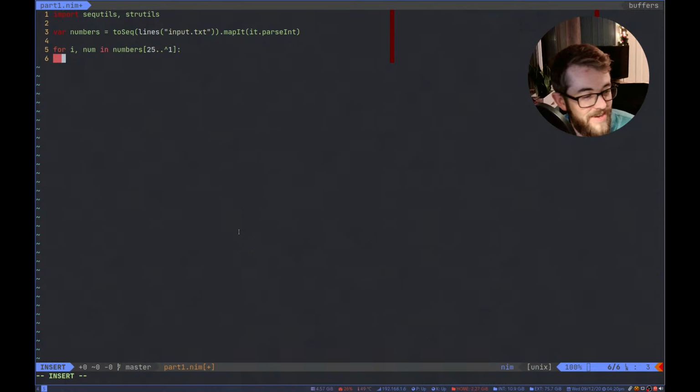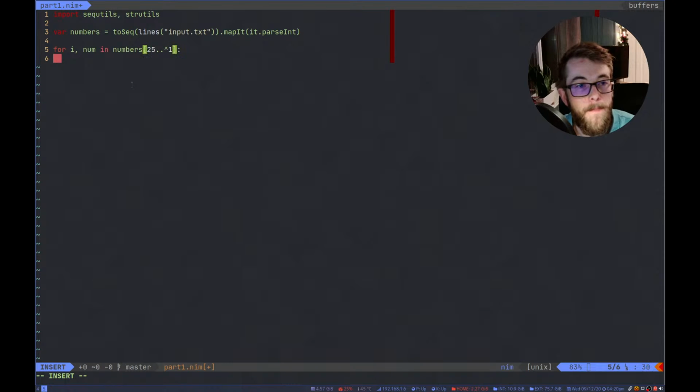Yeah, it is a bit annoying that you can't do lines.toSeq.mapIt. That has annoyed me as well. I guess that's one of the weaknesses of UFCS.